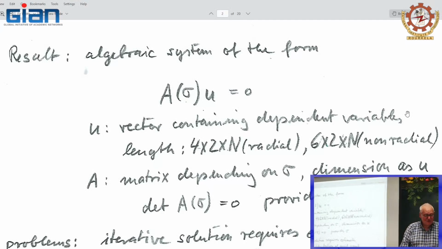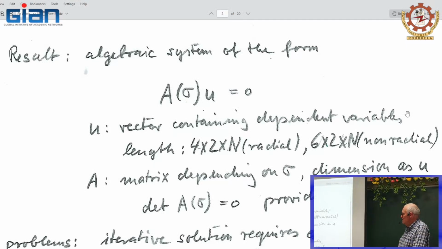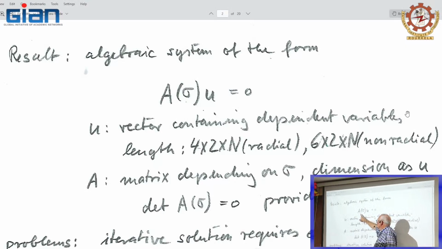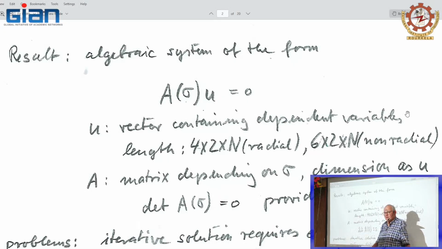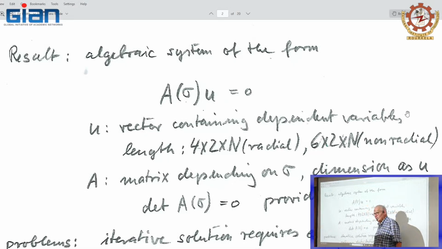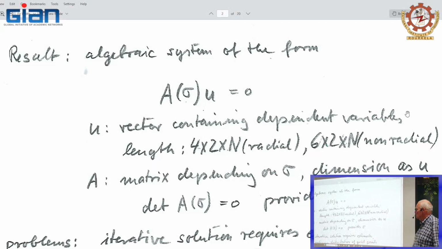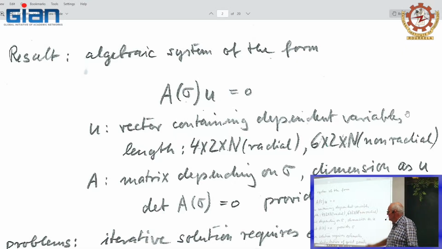If you have many grid points and want a high resolution, this becomes a very, very big matrix. The eigenfrequency which we are looking for is determined by this linear equation. A necessary condition for the linear equation to hold is that the determinant of this matrix, as a function of the eigenfrequency, should be 0. That means the zero of the determinant of this big matrix